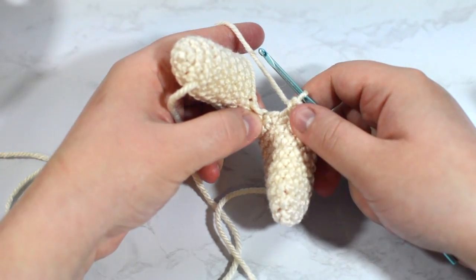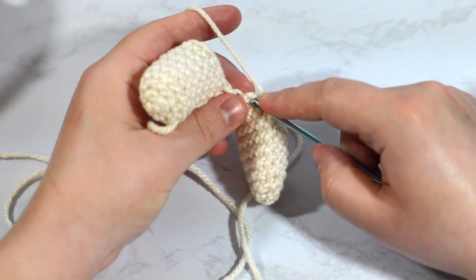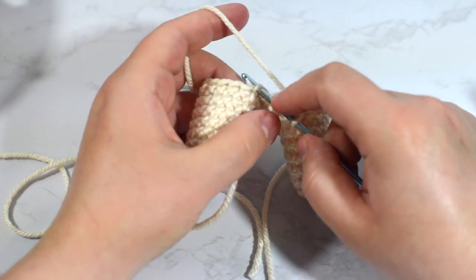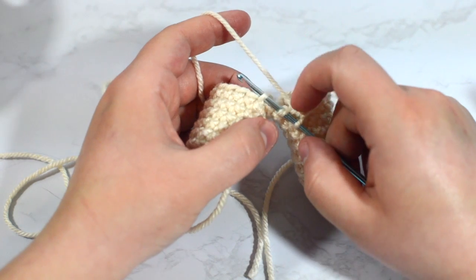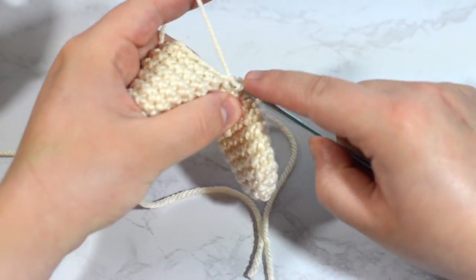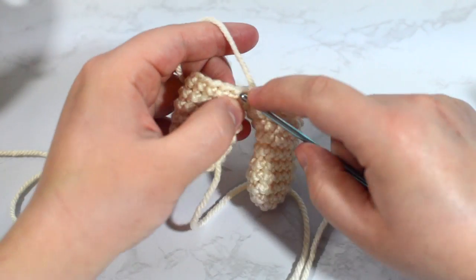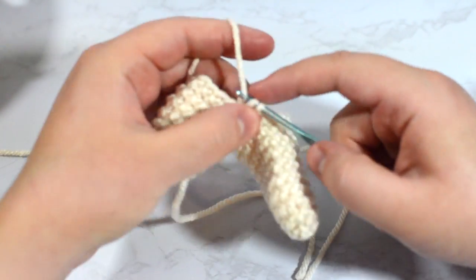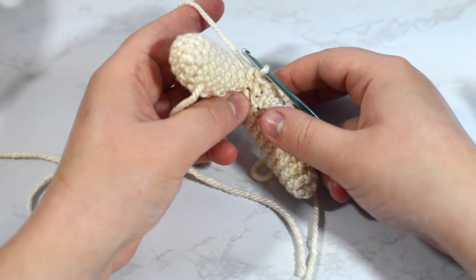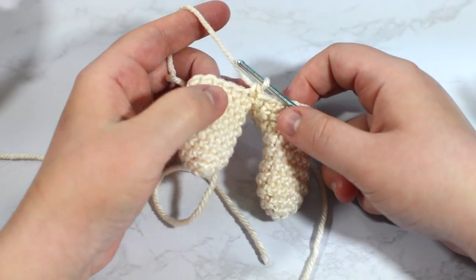a hole in the center of my work. I go into and I decrease these 2 stitches into 1 stitch. So I take this stitch and I take this stitch. I go into both of my closest stitches along where I joined and I pull through both of them, and then I just single crochet like normal. So it's kind of like decreasing, but it's on the backs of the stitches. So you'll see that the join there's no hole. Otherwise there can be holes, which I leave,